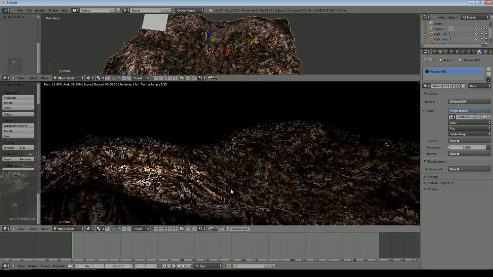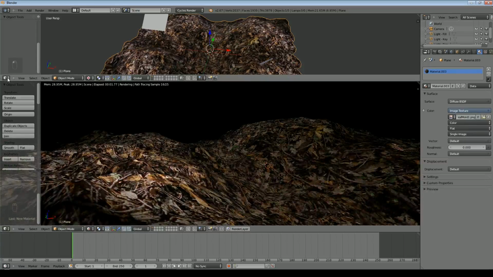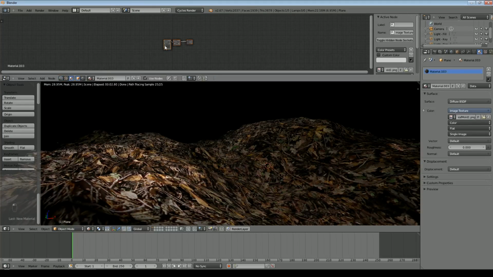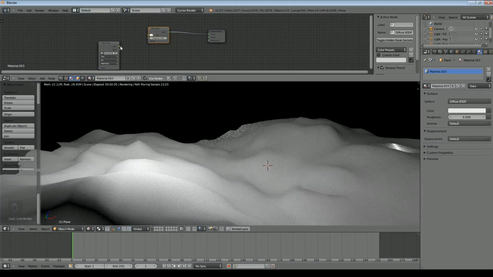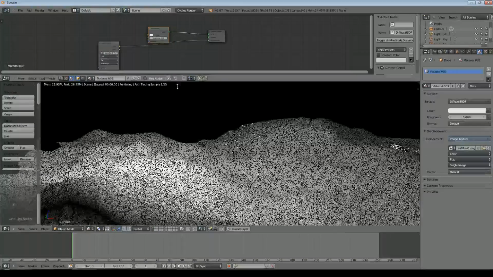And then what I'll do is I'll go to the node editor up here. So it's very simple at the moment, and I like to disconnect the texture momentarily so it all goes white, but then if I now plug that into the displacement, you can see we start to get some texture.